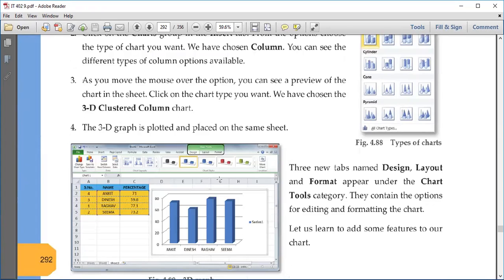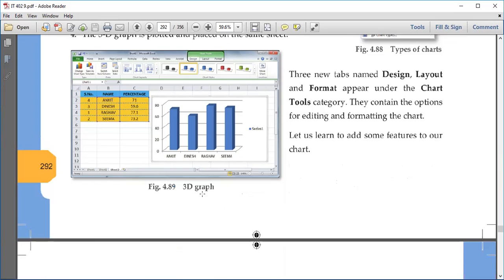once the chart is added, then there are three buttons which are automatically added on the top. One is Design, one is Layout, one is Format. In Design, you can change the design format of any chart. In Layout, we can change the layout of this particular chart. Layout means where these components are to be placed, right. Like the legend, whether to put the legend at the bottom, right side, or top, right. Or whether to show data labels on them or not. So such kinds of things we can change in layouts, right.